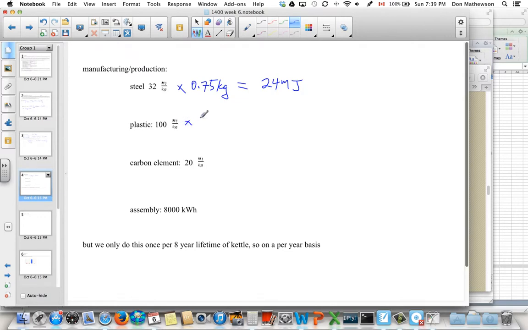So, plastic, there was 200 grams, that's 0.2 kilograms, so that's a total of 20 megajoules to make the plastic in my kettle. The carbon heating element was 250 grams, or 0.25 kilograms. At 20 megajoules per kilogram, that's 5 megajoules total. Now, these raw materials then, the steel, the plastic, the carbon, arrive at the kettle plant, and there they have to be put together. And I estimated about 8,000 kilowatt hours